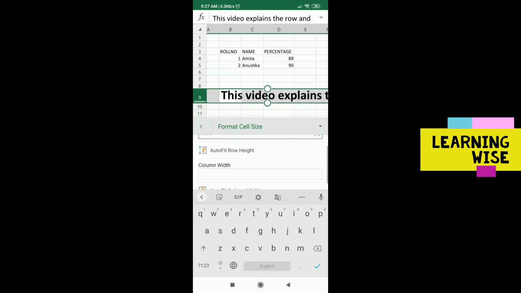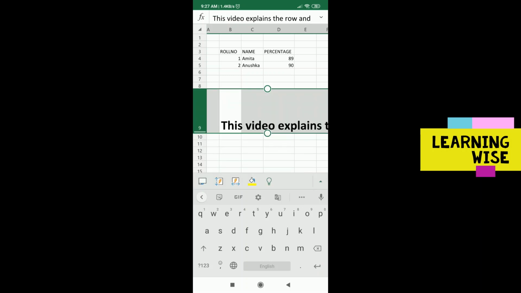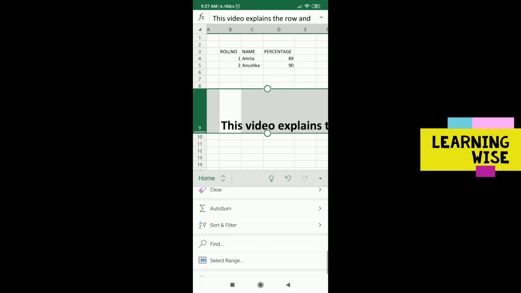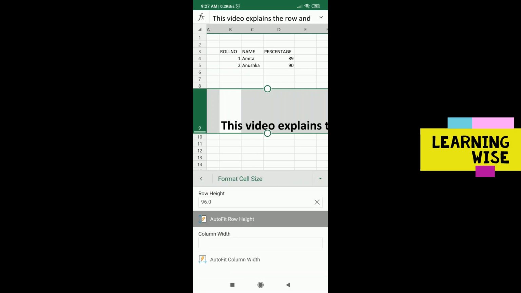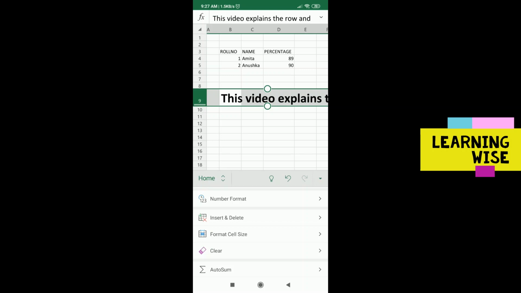Another way, the same way we did with the auto fitting of the column, the same thing can be applied to the auto fit row height. You can adjust the height of the row as per the content, but first let me make it a little bigger so that you can see the result of it properly. We are again going to the format, cell size, and now I'm going to use the auto fit row height, and here we go. So the content of the row and the height of the row are actually in proportion with each other. They are auto fitted. I hope you would have understood this thing.